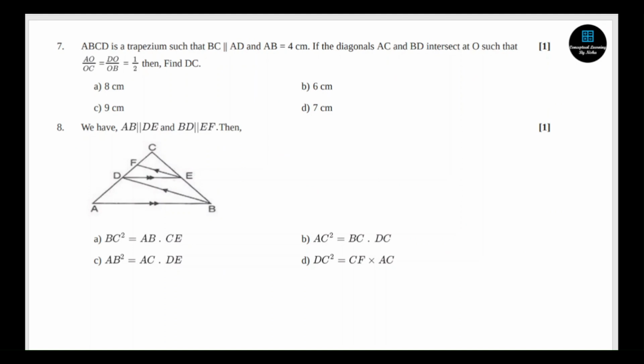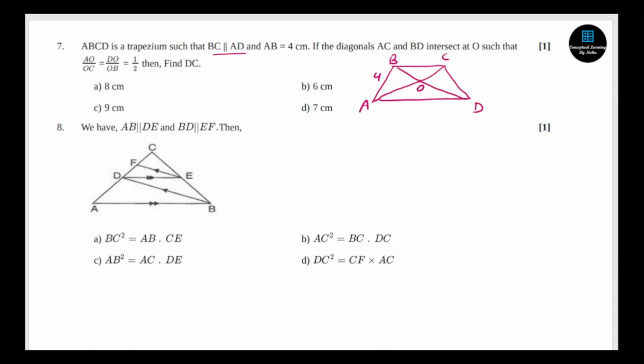Now moving to the next question. Here ABCD is a trapezium and BC is parallel to AD. So if you draw a rough figure, BC parallel to AD, you can say ABCD is like this. AB is 4 centimeter. Diagonals AC and BD intersect at O,